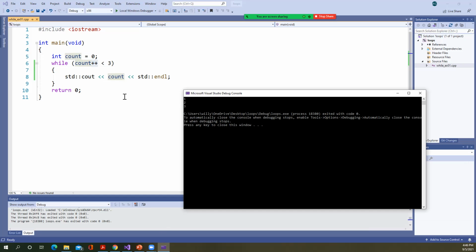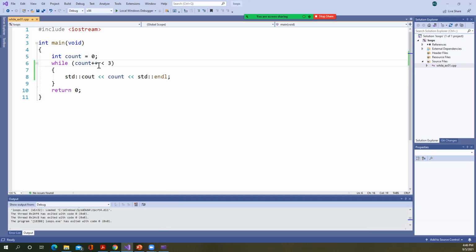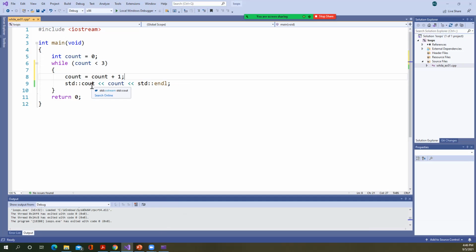Now this works. If our purpose was to go through this loop and print out the values of 1, 2, and 3, right? That was very similar. The way this worked was somewhat similar to when we said count equals count plus 1. We were incrementing count here before we printed out the number. Similar, but not exact, right? Because we have to remember that when we have count plus plus,